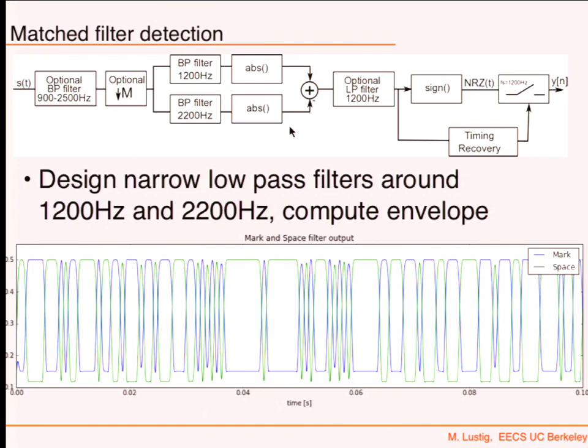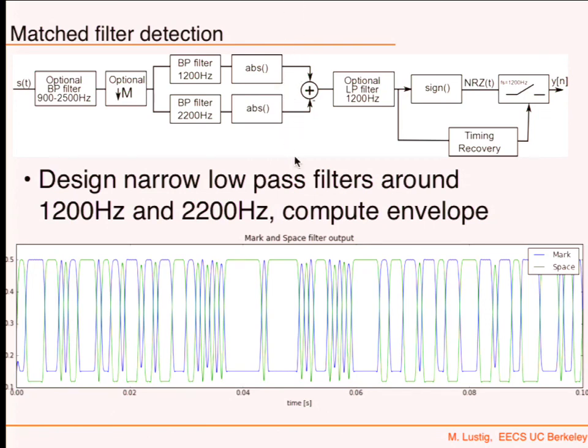Because this is a random set of bits. So if you have mark, space, space, mark, space, mark, it's a random set of bits. So the narrow one is really a 1-bit length, right? But these are a few bits. They're transmitted the same one. So this is the result of that part here.